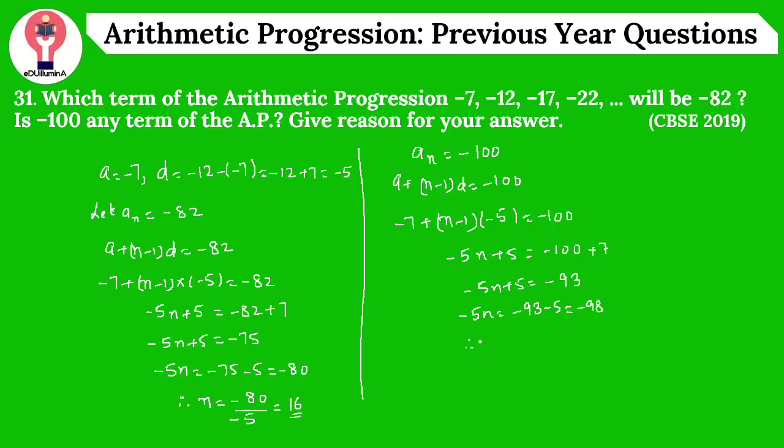So therefore n is equal to -98 upon -5. So after calculation we get n is equal to 19.6. Now we know number of terms cannot be a fraction because n cannot be a fraction. Okay, so it means -100 is not the term of this series. Okay,